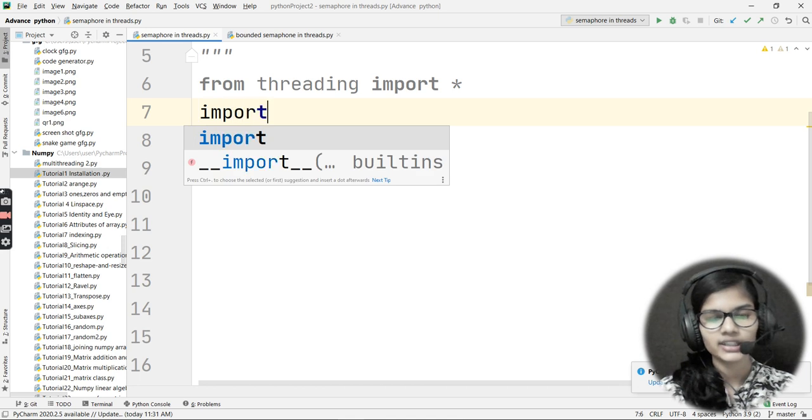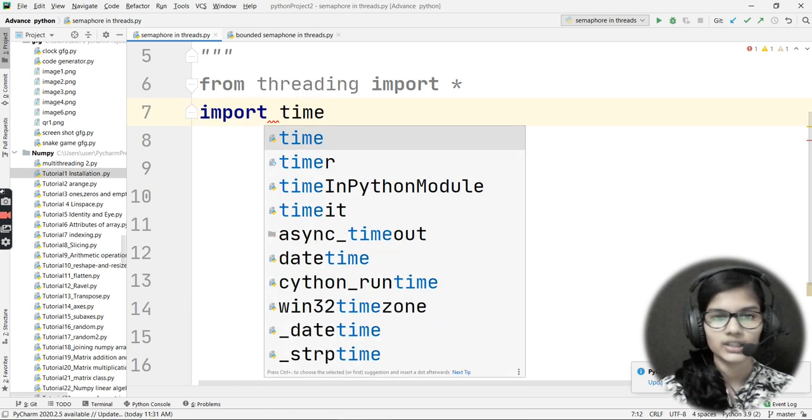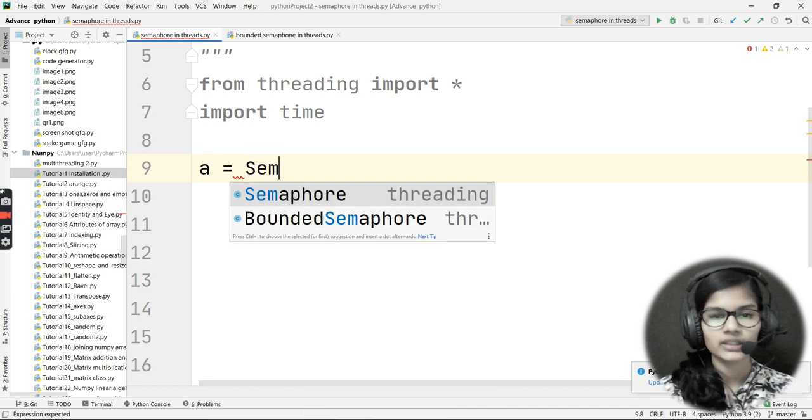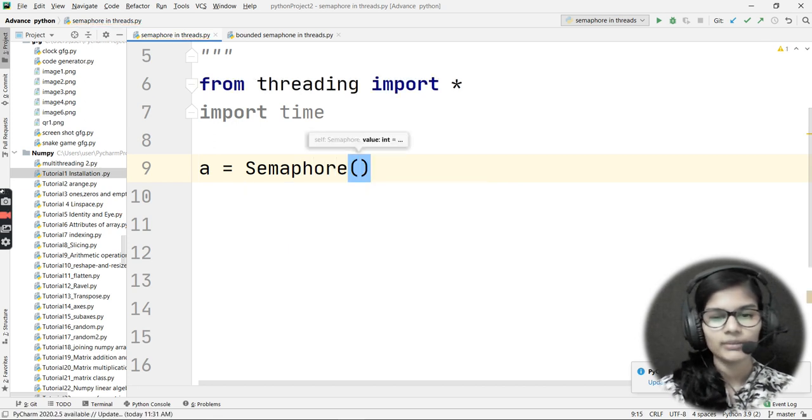And after that I'd be using the time module as well, so I would be importing the time module here. So import time. Okay, now you'll be creating an instance here, and I'll be giving it a particular count, let's say, right? Let's say my instance is a, which I have created, and I'll be creating it with the Semaphore, right? So here goes Semaphore, okay, and now inside the bracket I'll be putting the count, that is, what count I want here. So let's say my count is 3. Okay, that thing I have done.